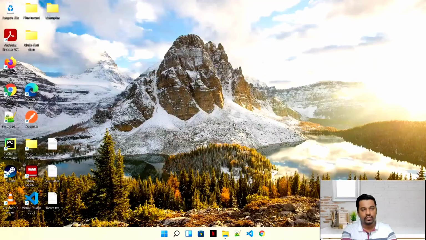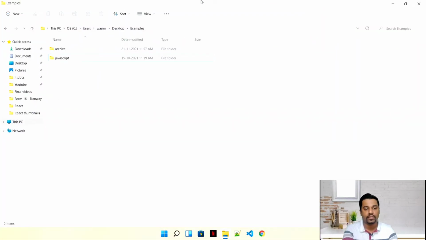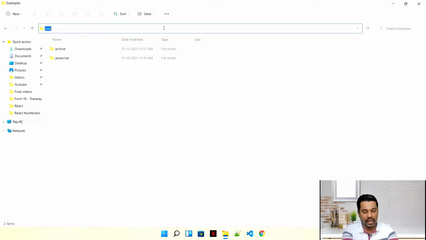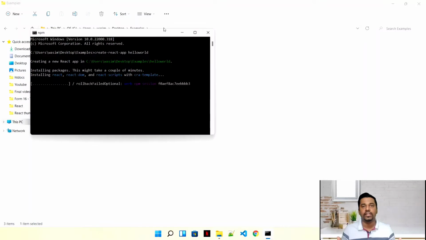write our first command. I'm opening my simple examples folder in which we usually create our examples. I'll right-click here and open a command prompt, and I'll run create-react-app. This command will help you to create a React application. It will give you a boilerplate with a sample application. Let's say I'll create a hello world application, which is the easier way, the base example which anybody will create in any kind of technology.